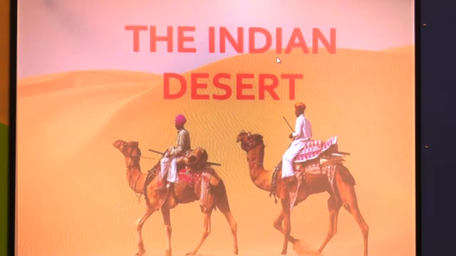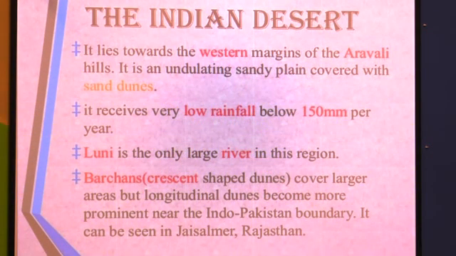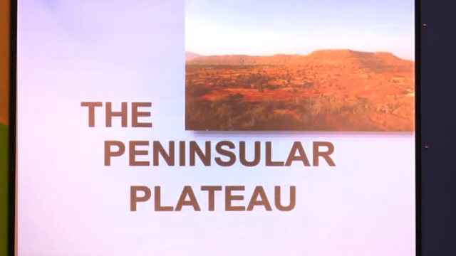So students, clear? We have learned about the northern plains, and second, the Indian desert. Now next we are going to study the peninsular plateau. The majority of our India is covered by the peninsular plateau. Now, plateau means what? At the time of volcanic eruption, all the materials come outside, like lava, ash, magma, some gases, some solid or liquid material. When all this material comes outside, after cooling and solidification it is converted into plateau. Plateau is also called table land.